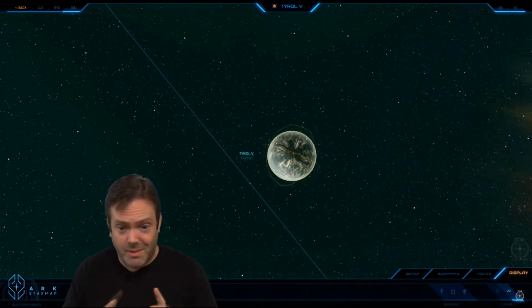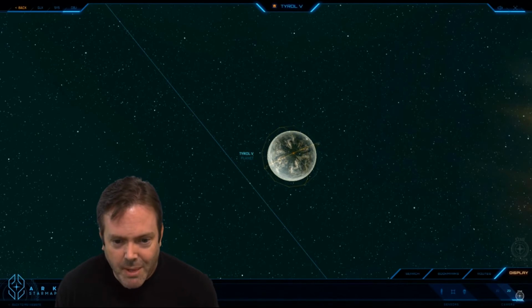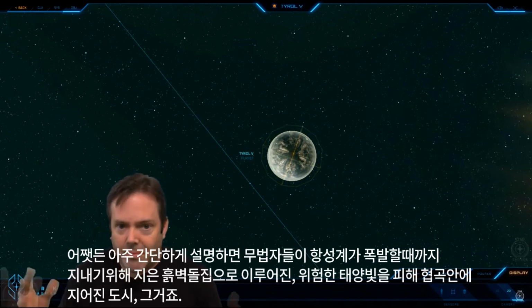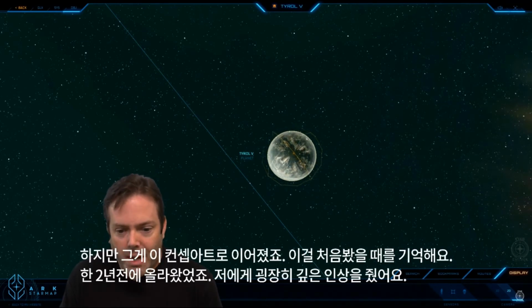So that was it. That's two sentences in one kind of run-on sentence. But anyway, basically it's just a city built in the canyons, shaded from the dangerous sunlight, with sort of adobe-style structures for outlaws to hide in until the system explodes. That's it. Very, very loose description, but it led to this concept art, which we will put up here,